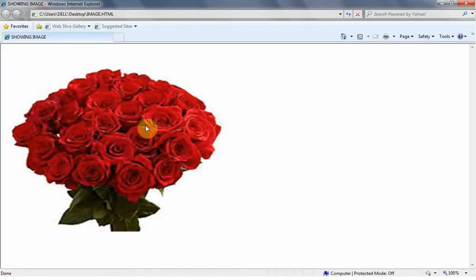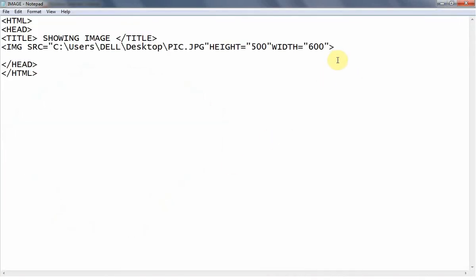Now let's change the alignment of this image. This image is now on the left side of this browser. I want to change this image alignment to the right side. So what I should do is use the align attribute.